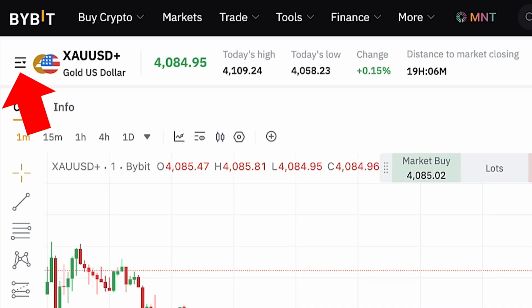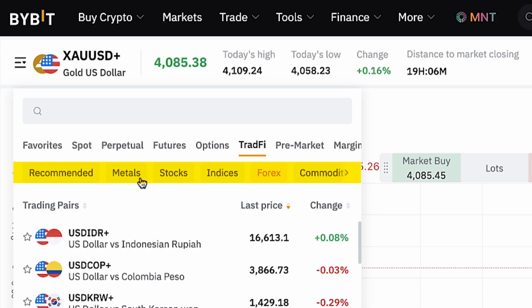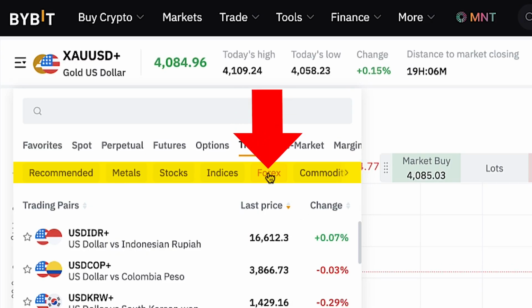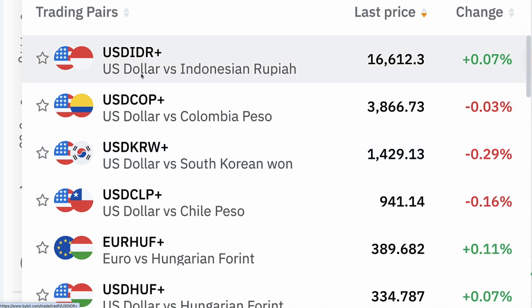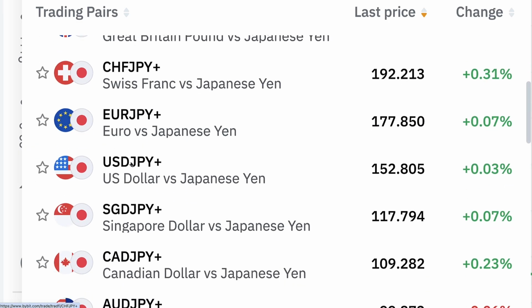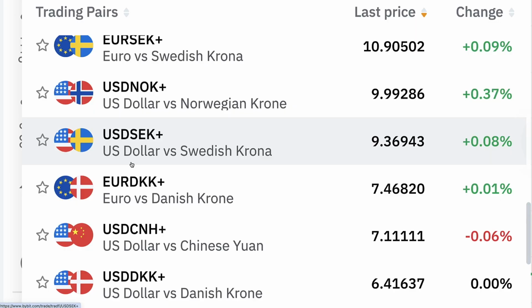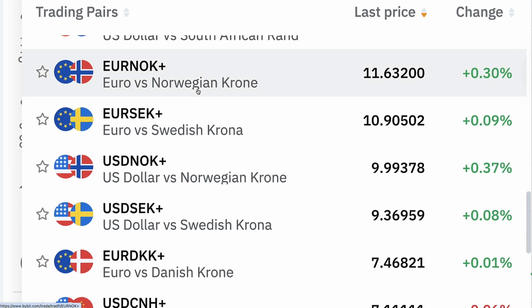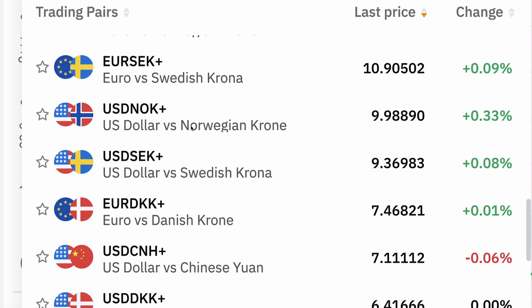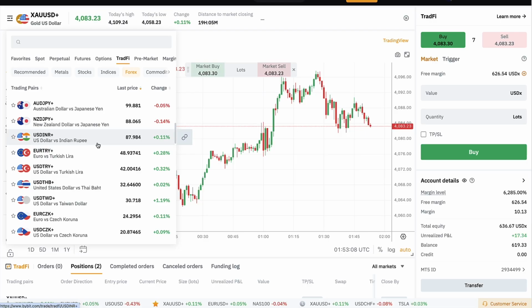Next, you want to choose your trading pair on the left hand side. You can choose here for TradFi, and here you can choose any of the trading pairs. Forex can be found here on the Forex tab. You can see here US dollar against major currencies, euro against many currencies, Swiss franc, Japanese yen and many other ones. So there is a lot of availability. Even some Nordic currencies, Norwegian krone, Swedish krona, a lot of availability. For all of these TradFi products, there is a preset leverage up to 500